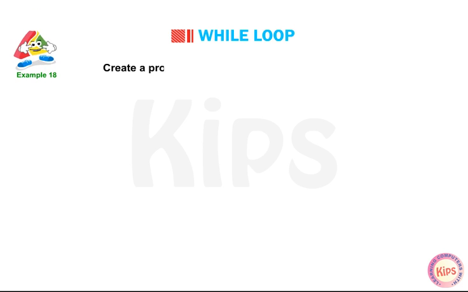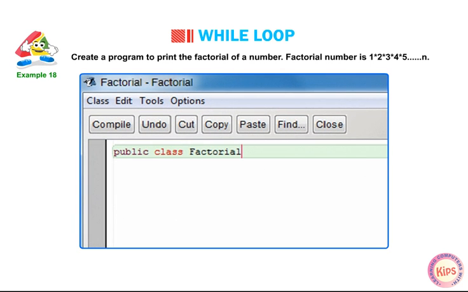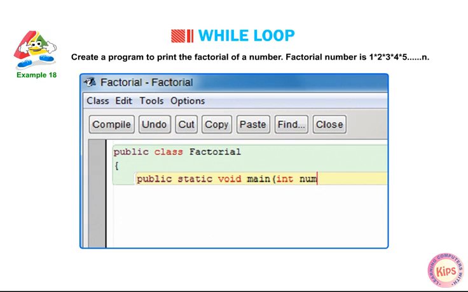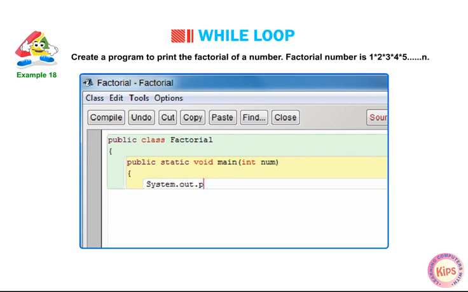Example: create a program to print the factorial of a number. Factorial of a number is 1 into 2 into 3 into 4 into 5 till n. public class Factorial { public static void main(int number) { System.out.println("Entered number is:" + number);